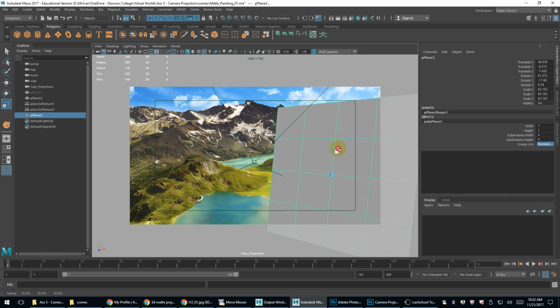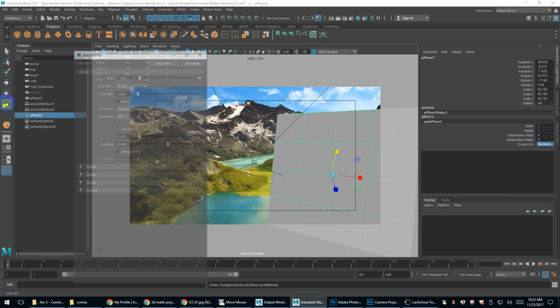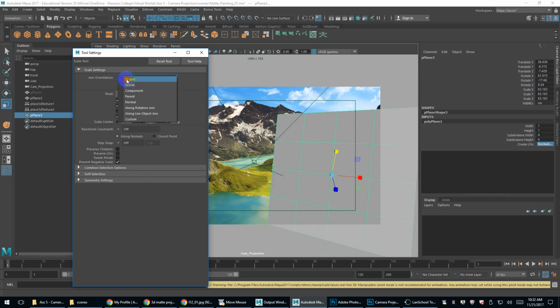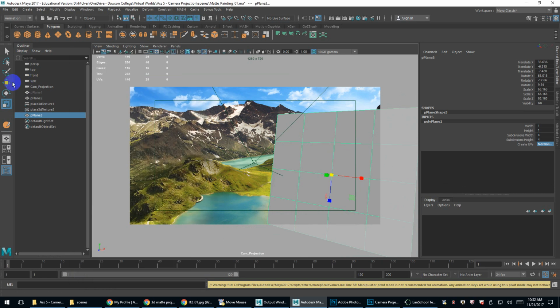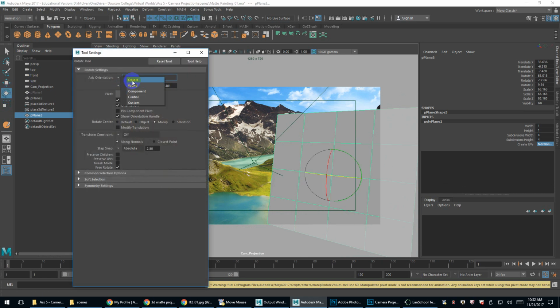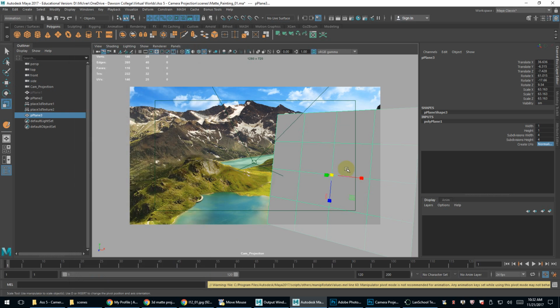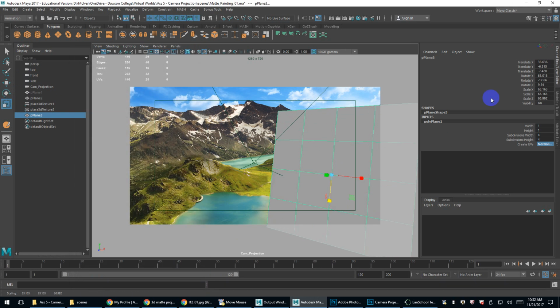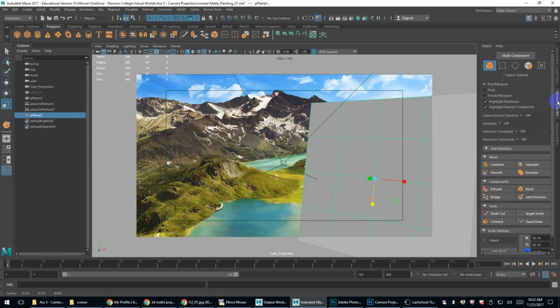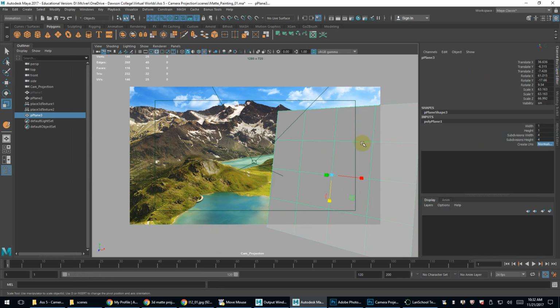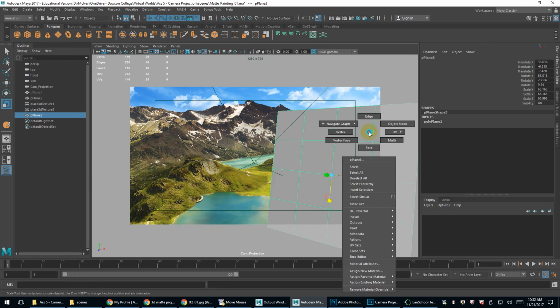So what's cool about this too, with the scale and move tool, I usually like this to be in object mode, so it's following the orientation of the object itself. So object for both move and rotate. There we go. So I can scale it. So yeah, it's basically a card that's going to pick up a projection from the camera view, from its perspective,